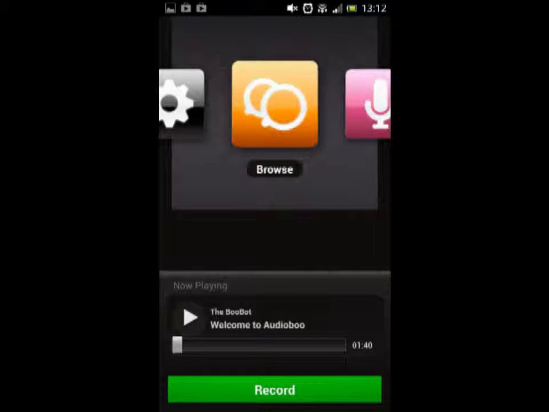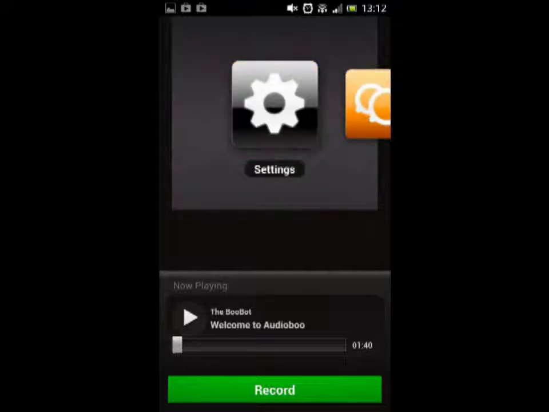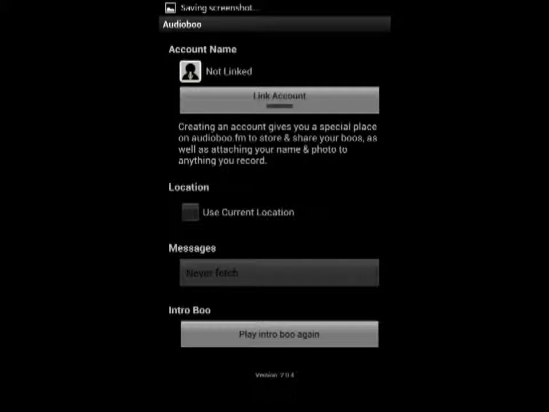Now it's a bit of a pain at the moment because we cannot see easily the boos and the feeds that we've followed on the computer. So what we're going to do is, where it says browse up towards the top, I'm going to just scroll that along so that we see the black square with settings. So if you click on that, it will say that your account is currently unlinked. There won't be a little blue dot, and the button will be saying link account. So what I want you to do is just hit link account,